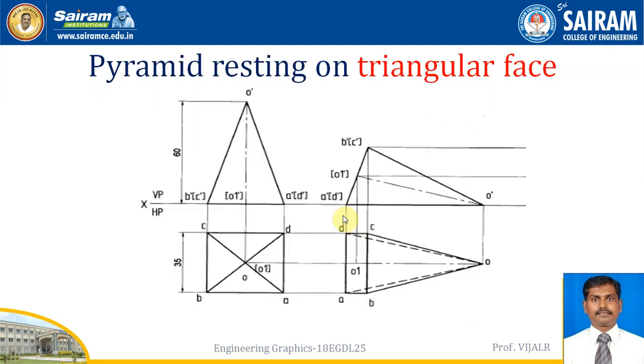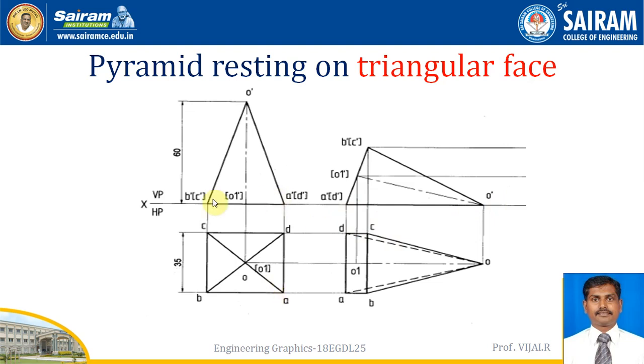But the thing is how to make the triangular face rest. If the problem comes like that, we have to keep it in an edge position, that is where the triangular face comes. So these are the triangular faces. From the top you can see AOD is a triangle, BOE is a triangle, COB is a triangle, and COD is a triangle. All four sides of the pyramid are triangular faces. Now we are going to lie it down on a triangular face, meaning this AD is going to lie down and this total face is going to be lying down.